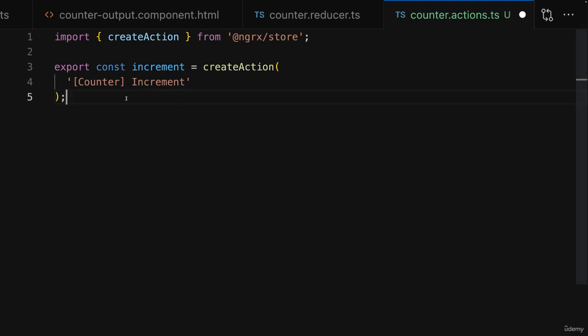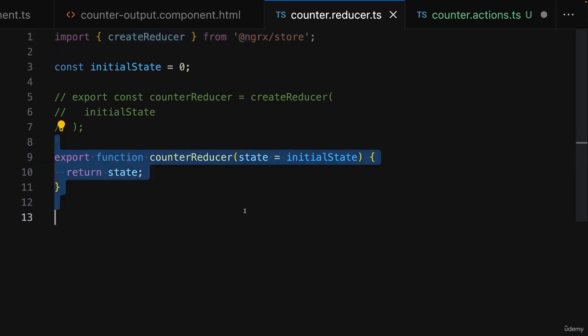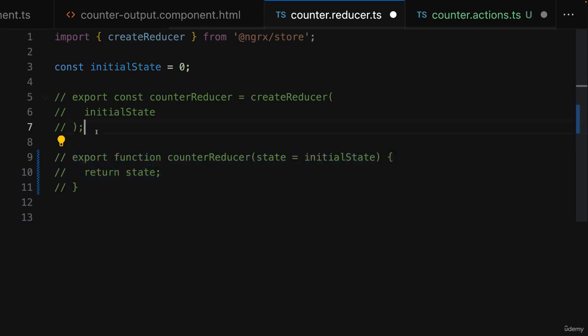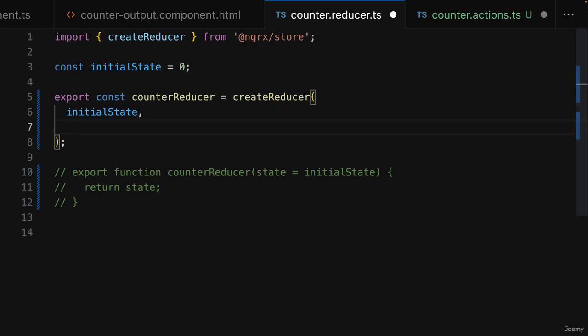So the question therefore is where you would use this action. And the answer is in the reducer, because that's in the end where the state should be updated. So it's in this reducer function where you want to listen to the action. Now here I'll switch back to the approach that uses createReducer. And when using this approach, listening to actions and executing different pieces of code for different actions is quite straightforward,